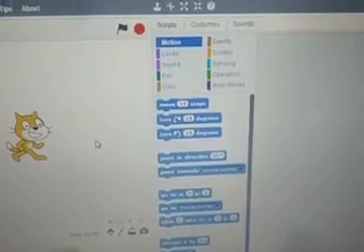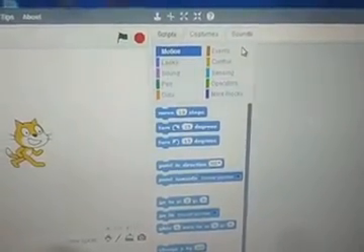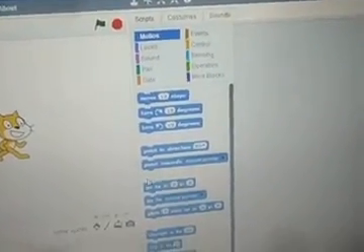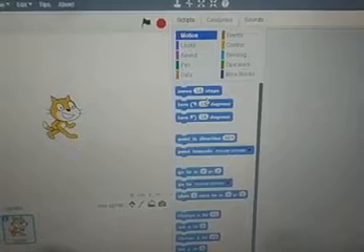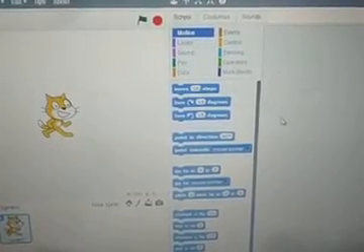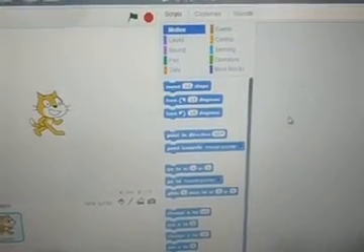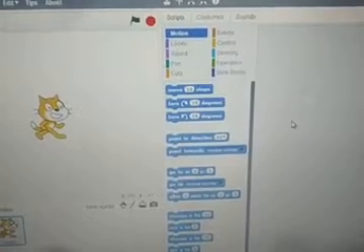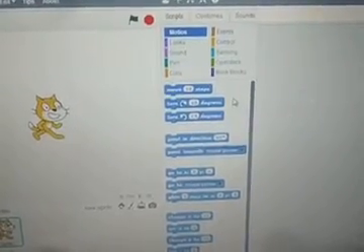We can say that from Motion, starting from here till this one, the whole column comes under the categories of blocks, and we click and drag them to this area, where a block represents that we are going to perform a task.